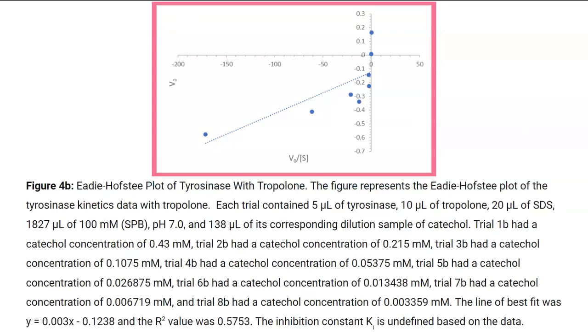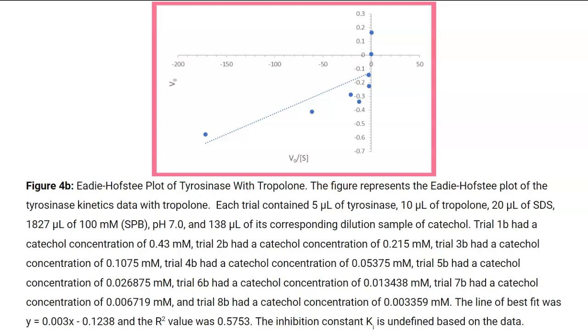This is with the tropolone inhibitor. And this had 5 microliters of tyrosinase, 10 microliters of tropolone, and that was consistent throughout. 20 microliters of SDS, and the rest was filled with the same 100 micromolar sodium phosphate buffer pH 7. And the concentration of catechol was decreased by half per trial. And it is important to note that the R-squared value was 0.5753, which seems better, but